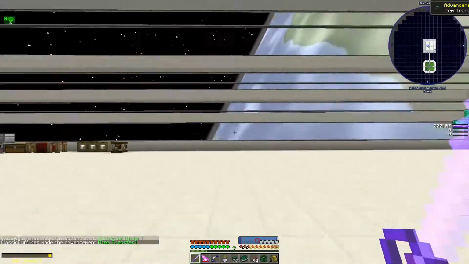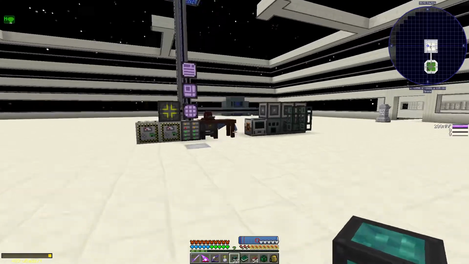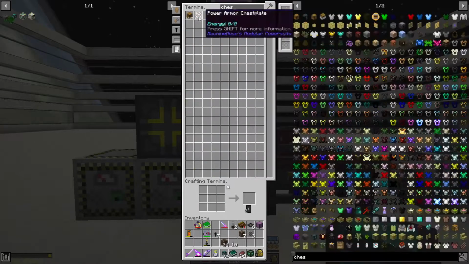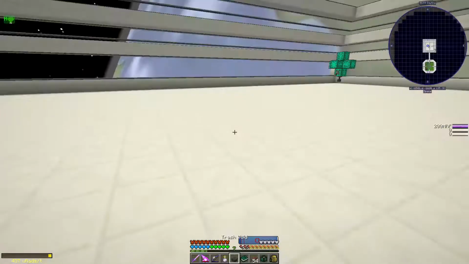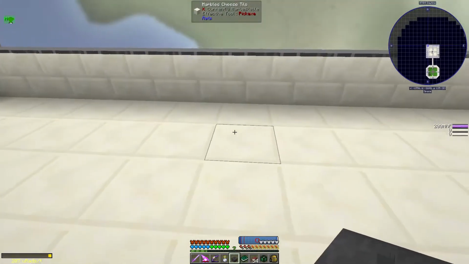Right, this will be enough for now. Now we need a trash can as well. Let's do the trash void from Cyclic. Just missing the chest. Okay, because there's going to be a bunch of stuff we don't want to keep that comes out of this guy. So you're going to go...